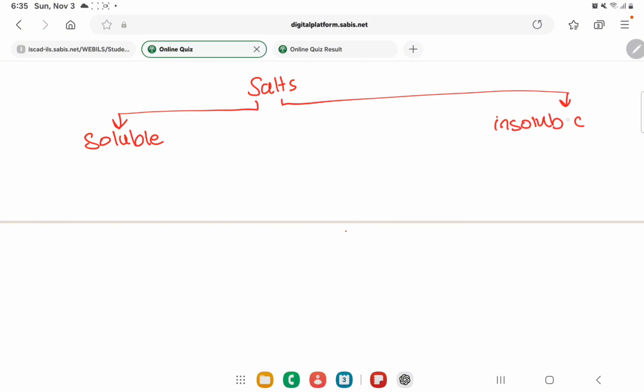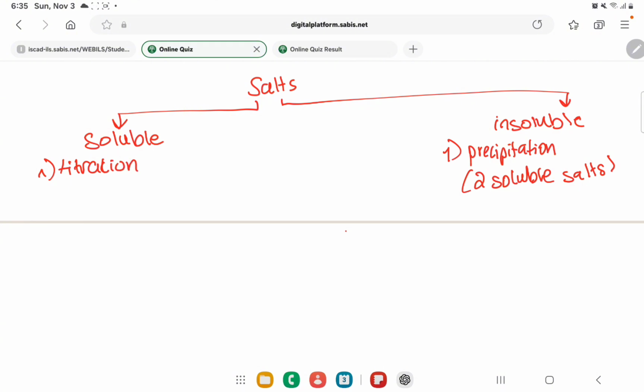Insoluble salts we can prepare only using precipitation, which is by mixing 2 soluble salts. Now soluble salts you can make using 2 ways, either titration, which is by adding an acid and a base, and then you get salt and water,